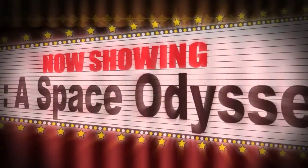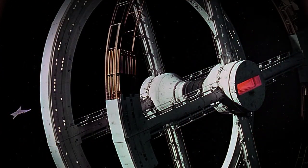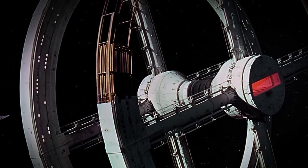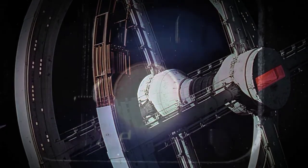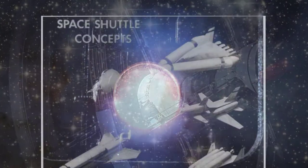But in theaters across America, Stanley Kubrick's 2001: A Space Odyssey offered moviegoers an escape from the commotion, if only for a couple of hours. Kubrick's movie presented an imagined future where passengers in winged vehicles traveled back and forth to a space station parked in Earth orbit. What the general public didn't know was that NASA was already hard at work, making part of